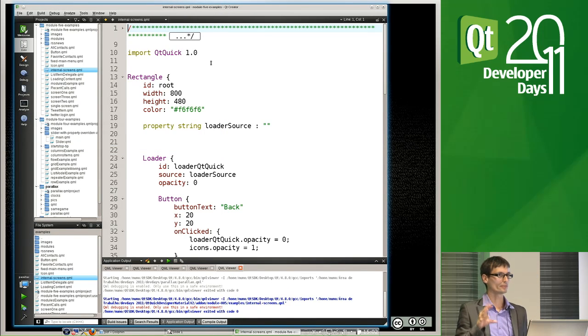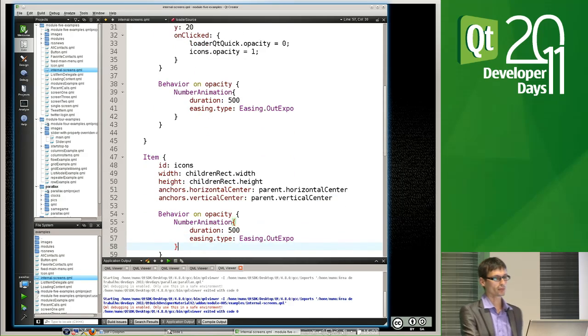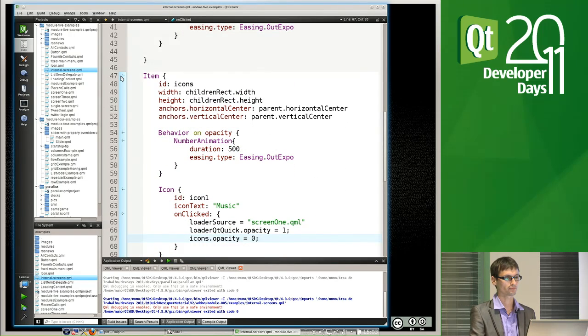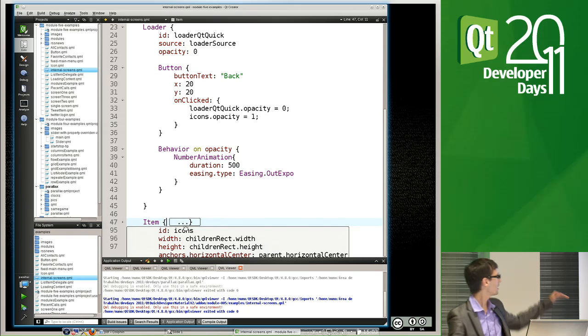How would you do this? Well, you create one QML file per screen. So you have a home.qml file, a screen1.qml, etc., etc., etc. And then you create a main QML file. In this main QML file, you have 2 things. The first one, here at the bottom, is the home screen. And the second one,